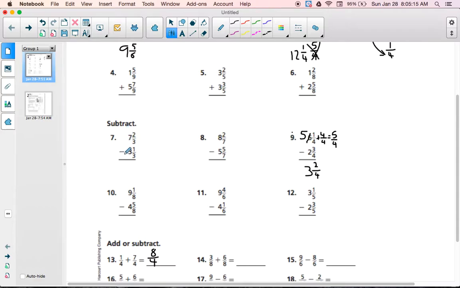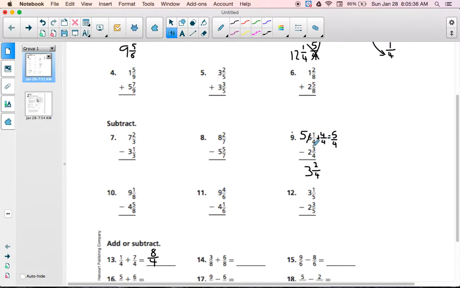Now we're subtracting. This one's pretty straightforward. Problem number 9, though, I noticed that this fraction is smaller than this fraction. When that happens, regroup, or you borrow 5, put the 1 whole over here, because 1 whole can be written